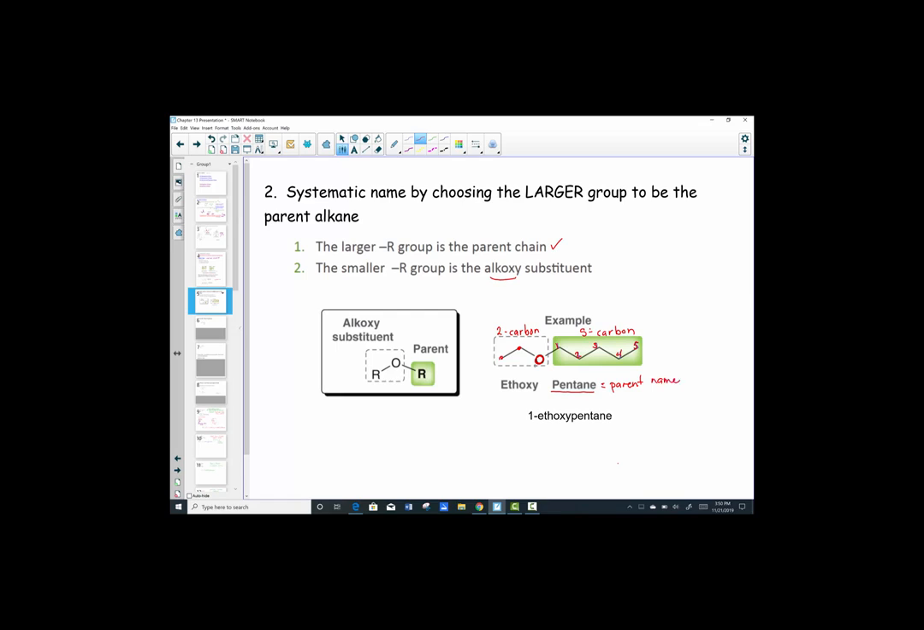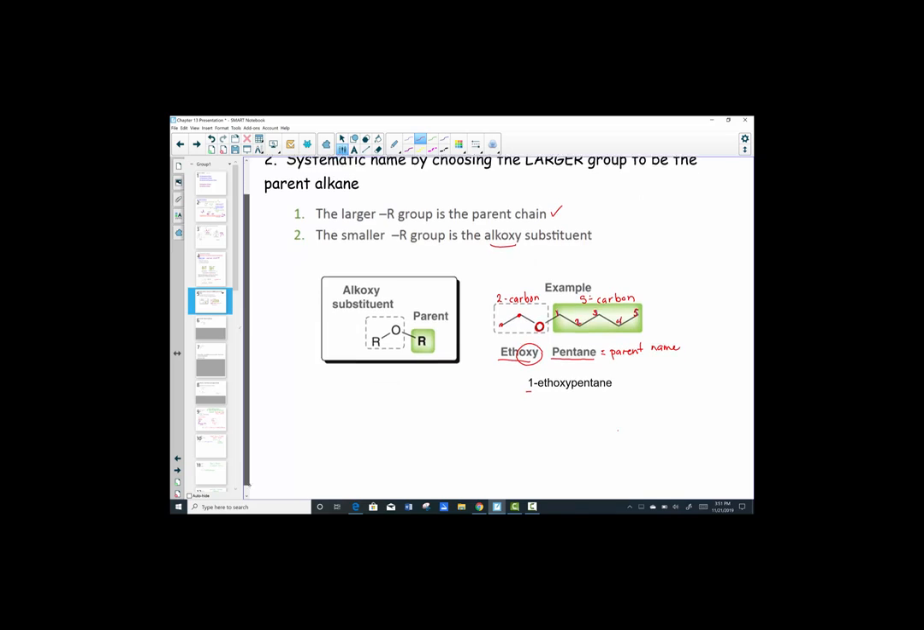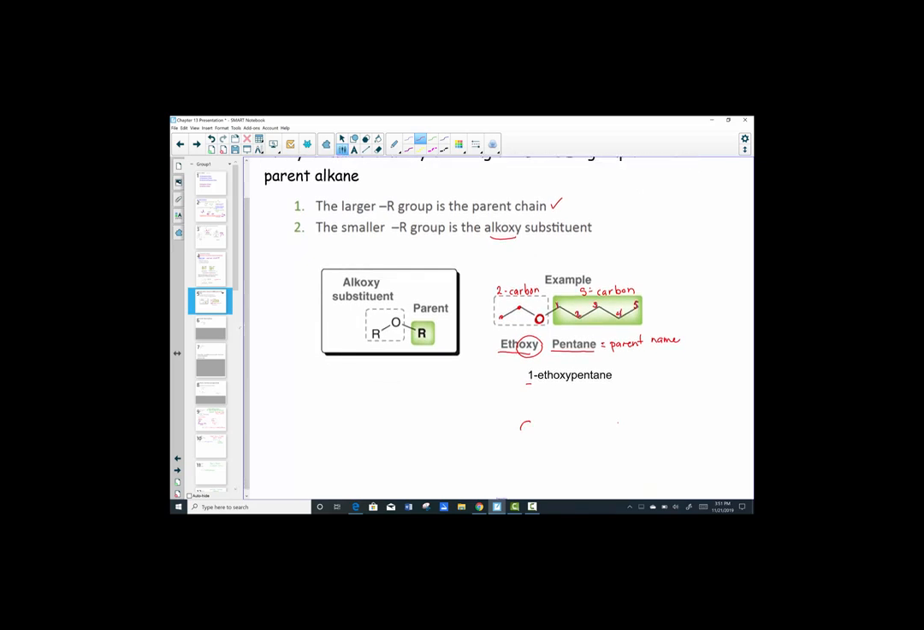And that means the 2-carbon chain becomes a substituent group. And we just put eth and then the ending oxy, to let you know that there's an ether linkage. We also need to let you know where the ethoxy linkage is, and that's at carbon 1 on that straight chain. So for example, what if I had another situation, a carbon chain